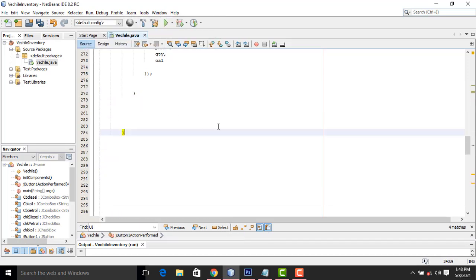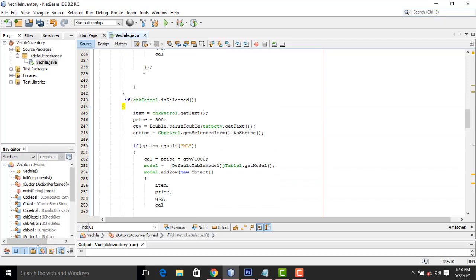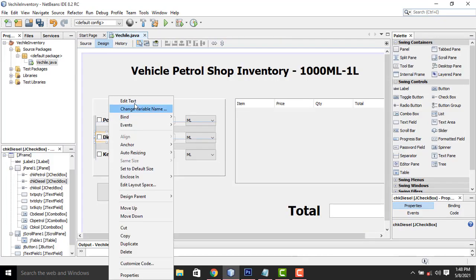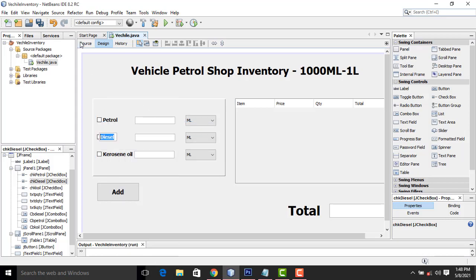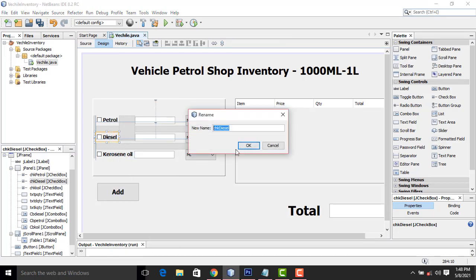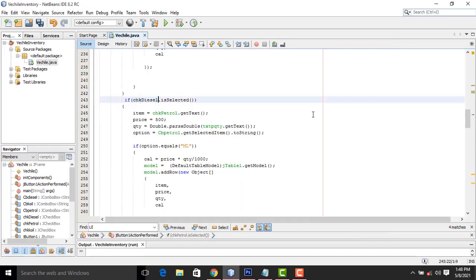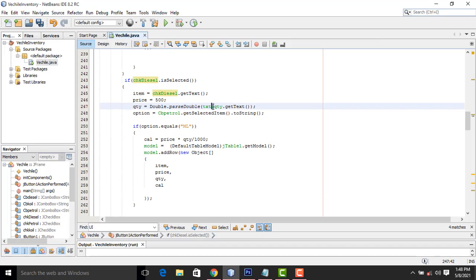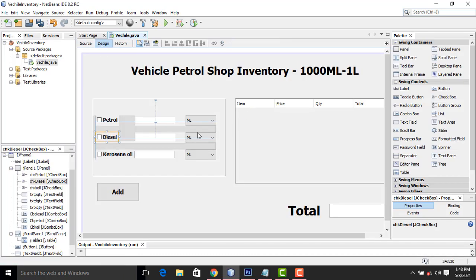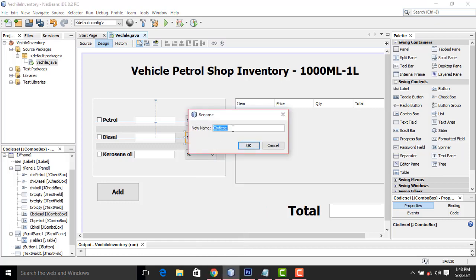The same if you have to put it here. Again we have to write here, the second option is diesel. So in this text, diesel, the same thing, Control C to copy. Sorry, you have to put this CX diesel here, Control V to paste. This is P for petrol quantity, and it's diesel quantity D, CB. This one should be the diesel, you have to write D-I-E-S-E-L. What's the name I gave? Diesel. You can check here, diesel. Oh yeah, fine.